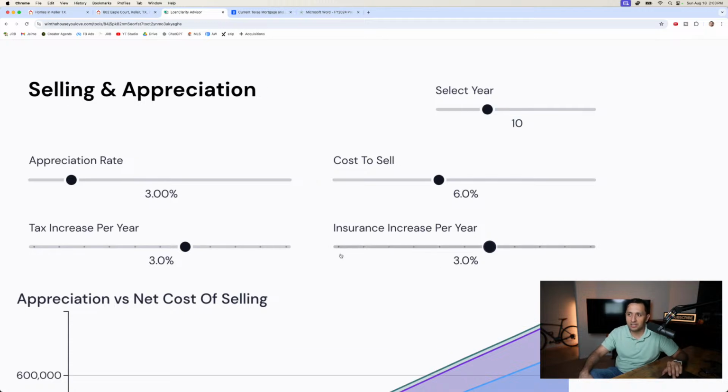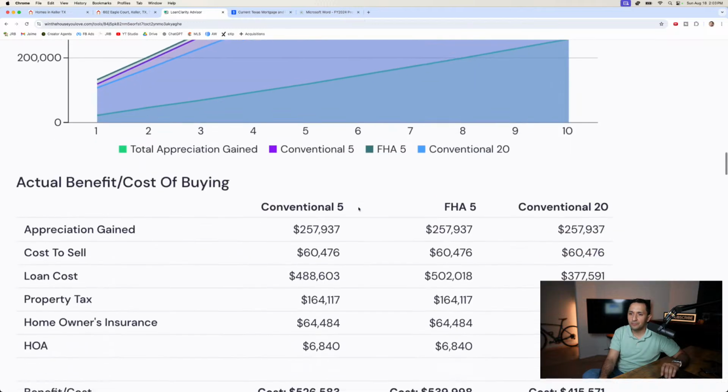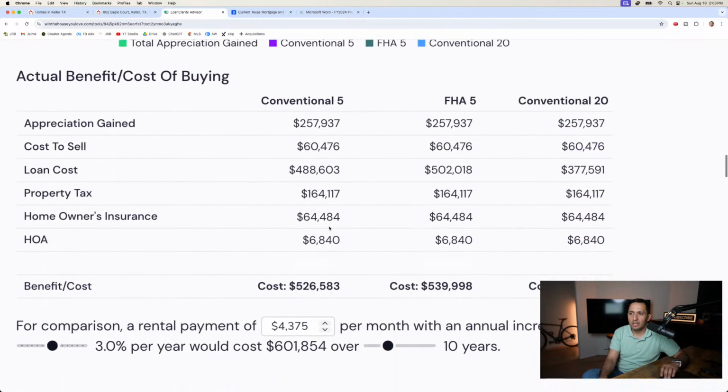These are the assumptions that we're making, and they're very reasonable, very rational. I'm not overshooting or undershooting here. These are very conservative, reasonable assumptions to make. If you want to go to the extremes, make sure you max out the calculator one way or the other so you get that breakdown. Which means that after 10 years, if we were to go and try to sell, it would have cost us